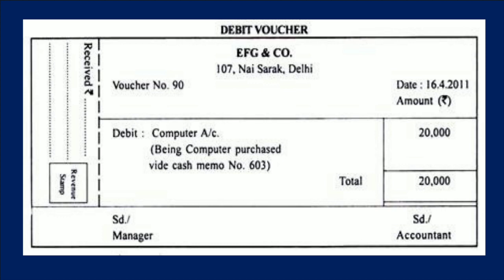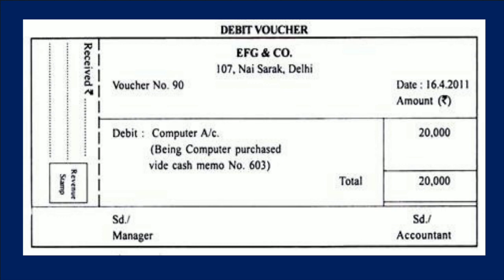Then again here we have the format of the debit voucher. Same as in the credit voucher, where we write the word credit voucher on the very top, similarly in the debit voucher we have to write the term debit voucher on the very top. Then again we have to write the name and address of the company. As you can see, on the date side we have to write the date, and we have the voucher number. Then in the debit voucher we have to write the title which is going to be debited with the full narration along with the amount. Then there should be the signature of the accountant who prepared it and of the manager who verified it.